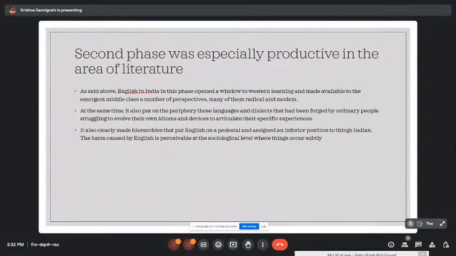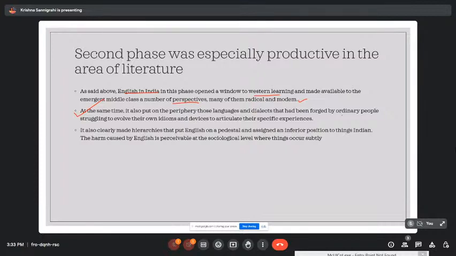English in India in this phase opened a window to Western learning and made available to the emergent middle class a number of perspectives, many of them radical and modern. At the same time, because new things were introduced in the education system, knowledge which was already there, but new Western influence could be felt, and the kind of books based on rationality were introduced, and it was kind of reawakening a kind of Renaissance period in the context in which we are seeing how English was introduced. So,